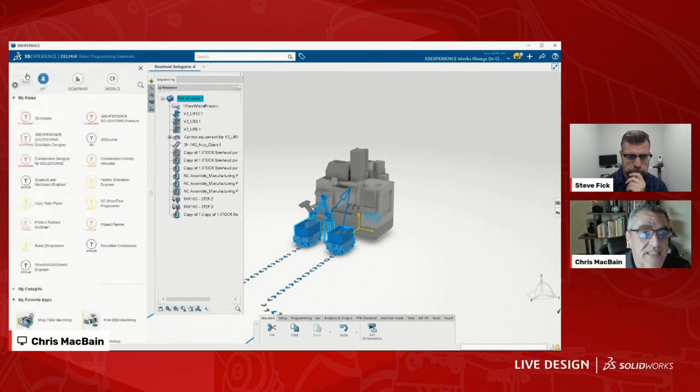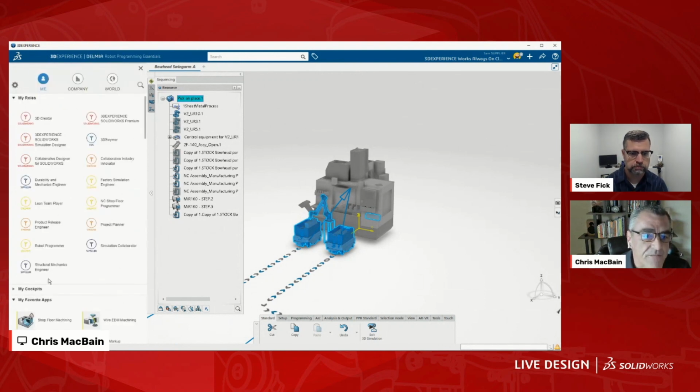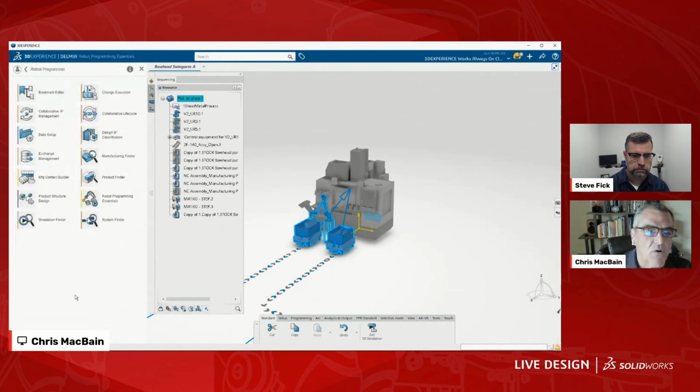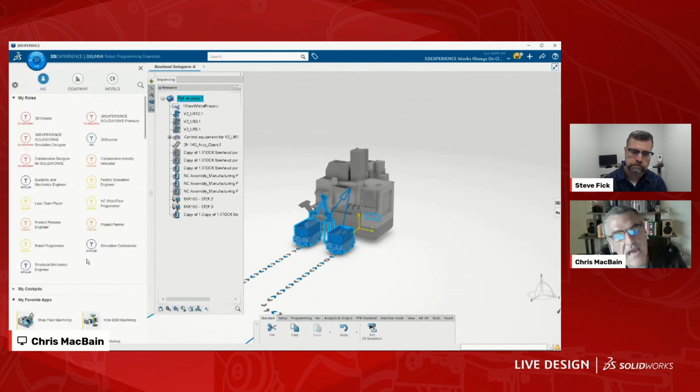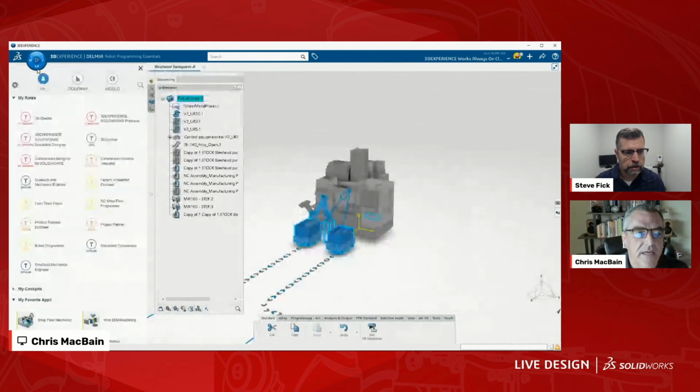But that's different than maybe somebody that is a SolidWorks user. They're going to have simulation. They're going to have a simulation user. Another manufacturing role, like somebody said, robot programmer. That's the role that you're seeing right now with the robot. They don't need to program a machine, but they need the collaboration. So when we talk about roles and apps, what role is this? Right now, I'm in the role of robot programmer. I'm going to switch in a second to NC programming. And we can do that a couple ways.